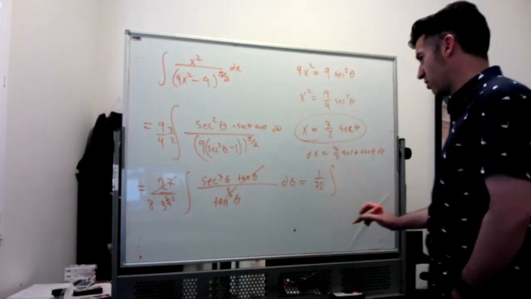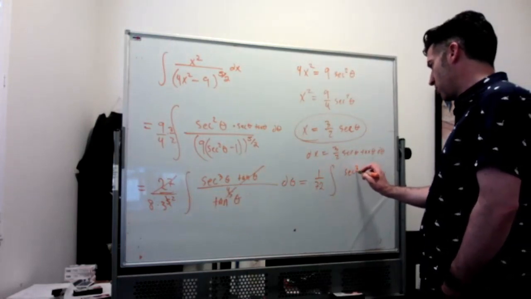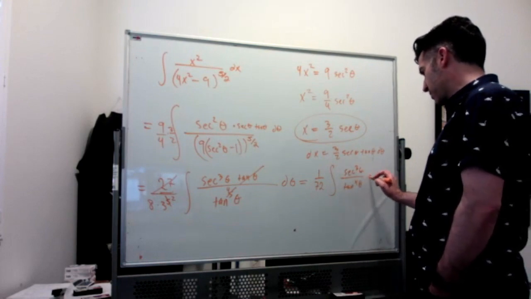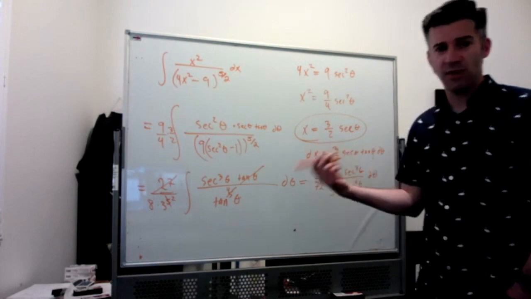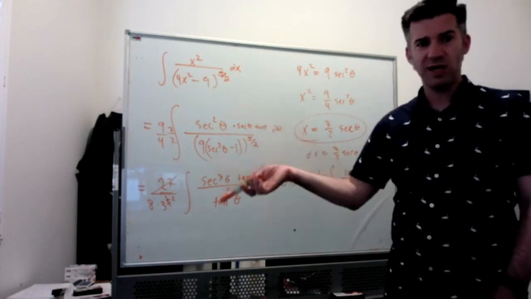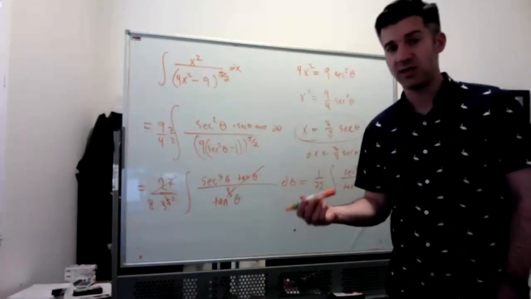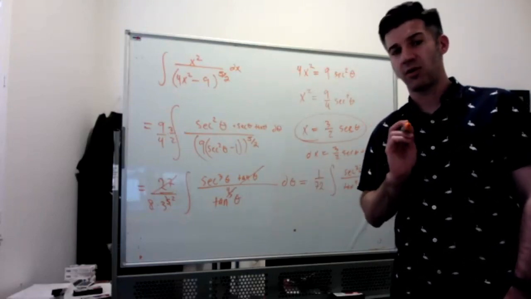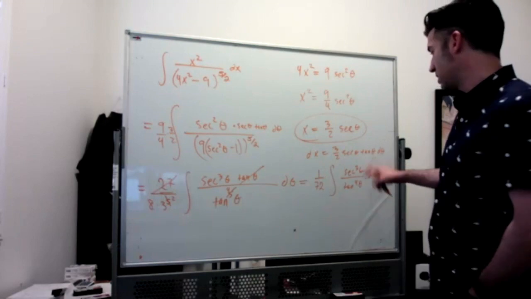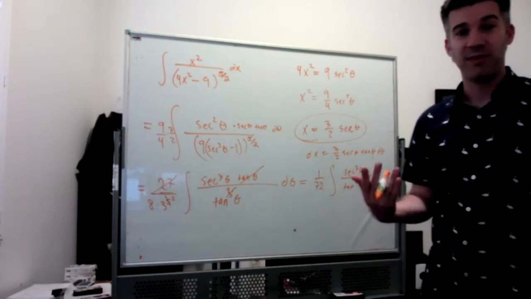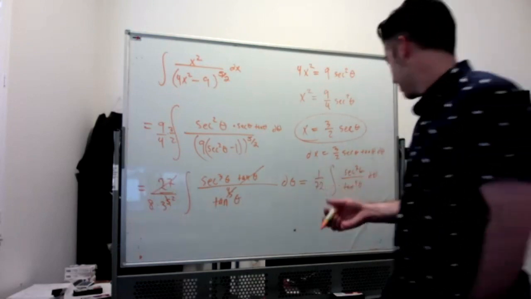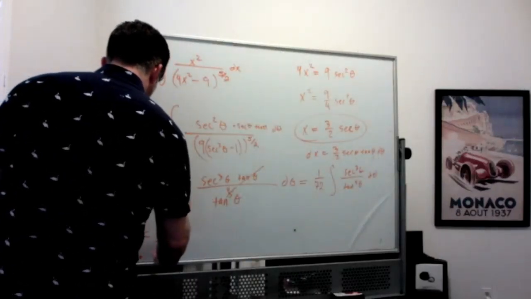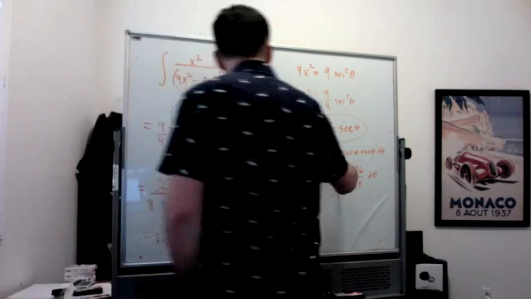And I've got the integral of secant cubed theta over tangent to the 4th theta. So it's interesting. In that previous problem we did, we had cosines over sines, and it actually helped us to turn them into cotangents and cosecants, which is not something I've encountered a lot of. Here we have secants over tangents, and it's probably going to help us best to turn them into sines and cosines. So this is going to be 1 over 72 times the integral of secant cubed is going to be